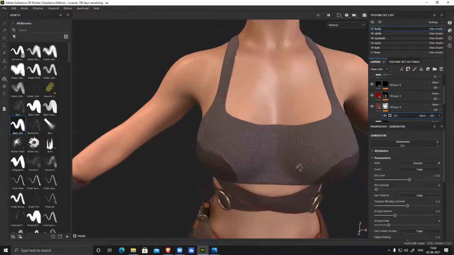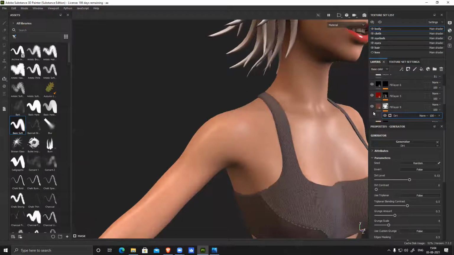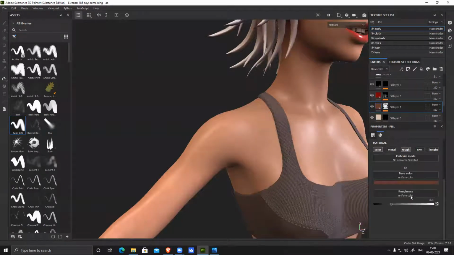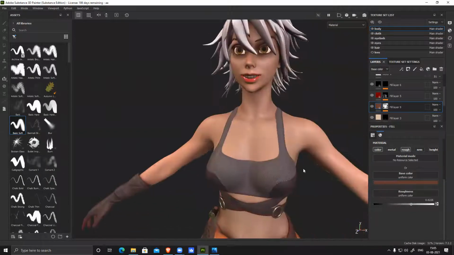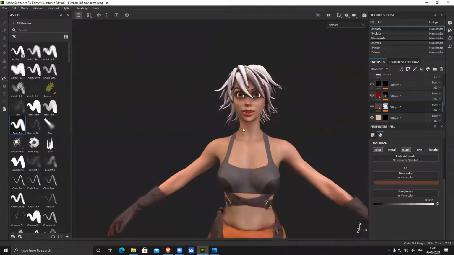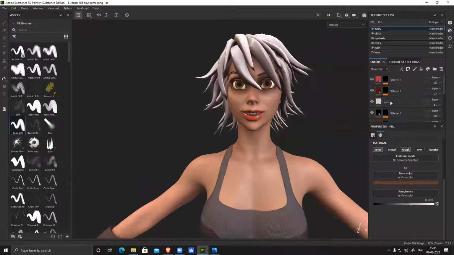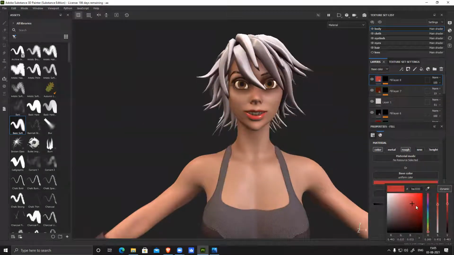You see skin slightly variation overall. And one more thing I can do is add roughness and make it slightly less shiny. I'll generate nice tonal variation. And this one is way too glossy. And color can be slightly dark.